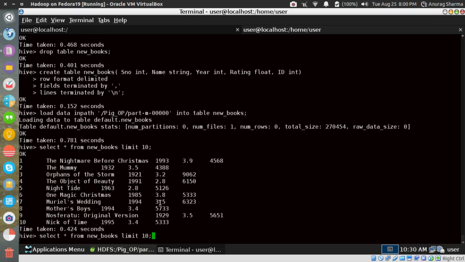So now you will not have any nulls. In this way, I'm using the output of the Pig query that we used.